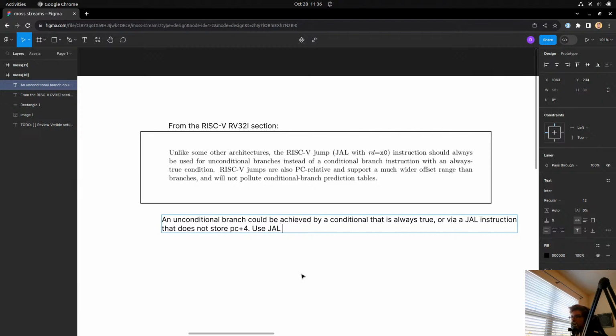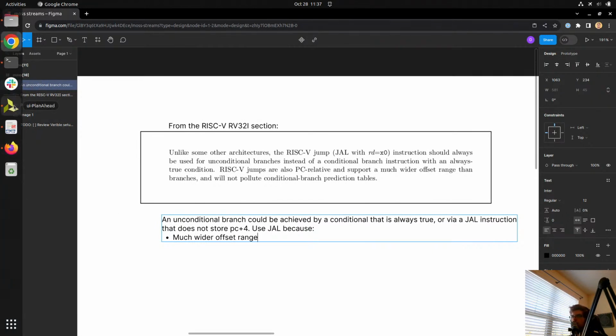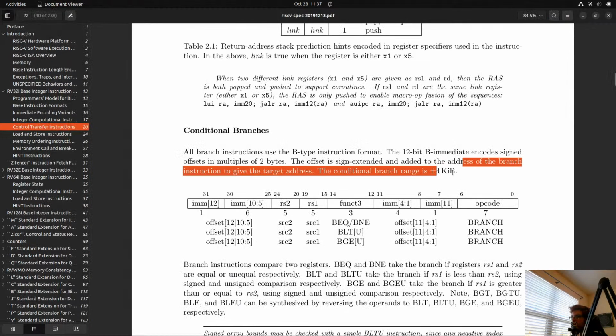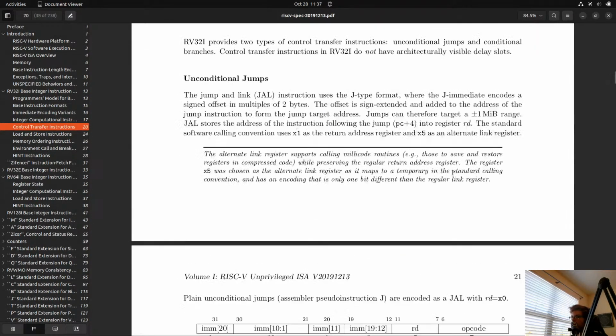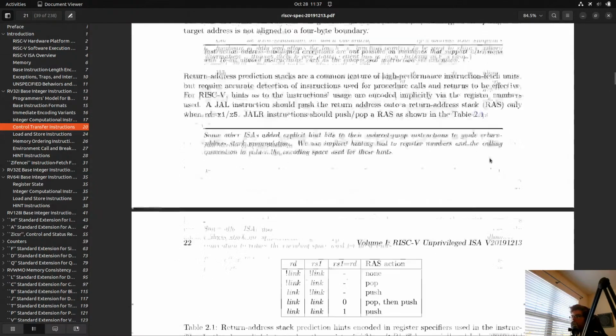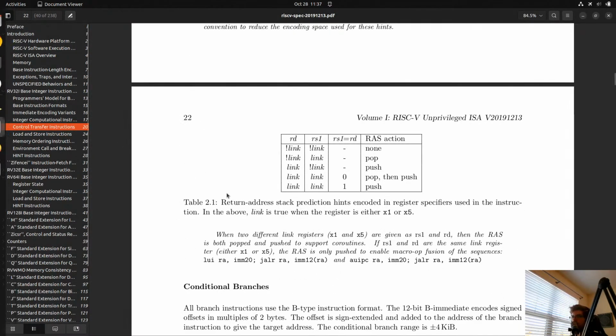So use JAL because of the much wider offset range, and we talked about that on a few streams. I think one is plus or minus 4 kilobytes, and the other plus or minus 1 megabyte. So that's why we want to use jump and link instead.